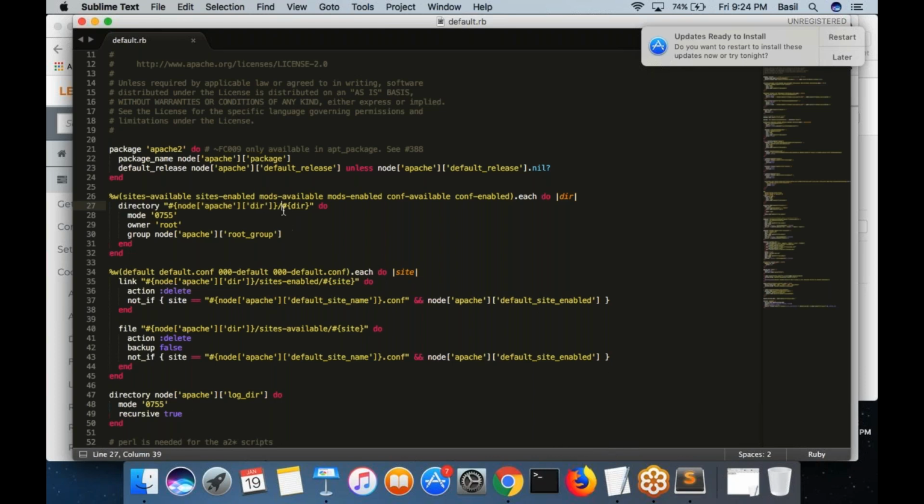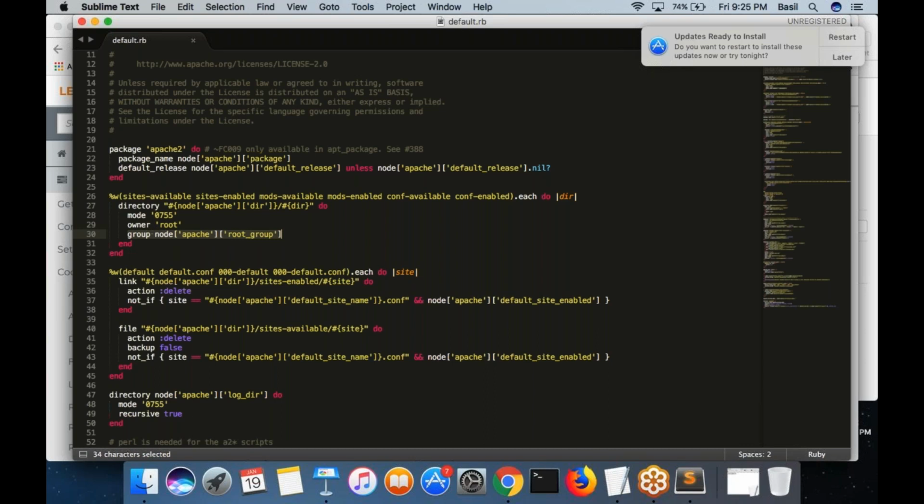Inside that folder, this directory is an iterative variable that you are passing here. Do permission you are setting to 755, ownership you are setting to root, group you are setting to whatever group attribute that you had already defined.